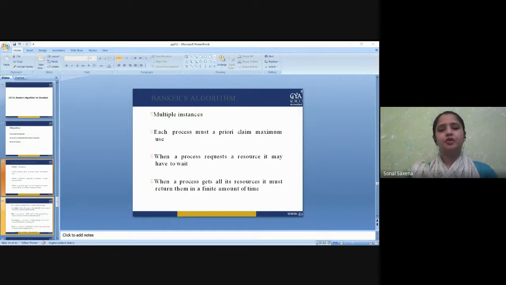By resource allocation, we mean that, if you remember, in the last lecture I explained the resource allocation graph. The resource allocation graph always shows you how the processes are connected, how the resources are allocated to them, and how they are requesting the other resources. So it is a complete picture of your system processes, how they are grabbing the resources, how the resources are allocated to them. This is what the Banker's algorithm does.